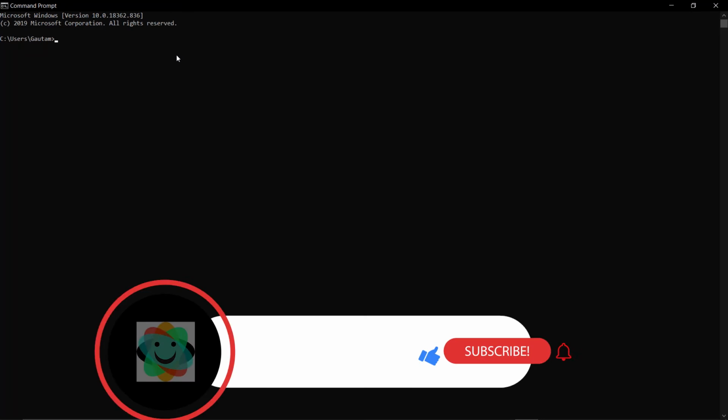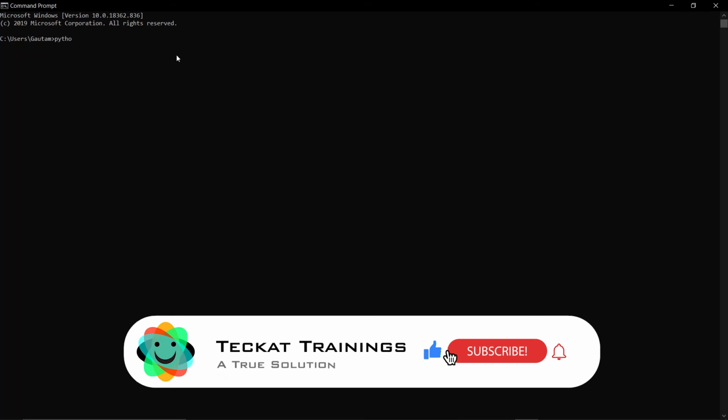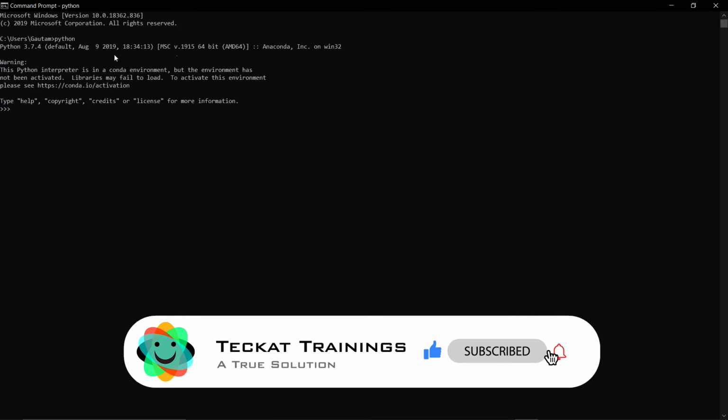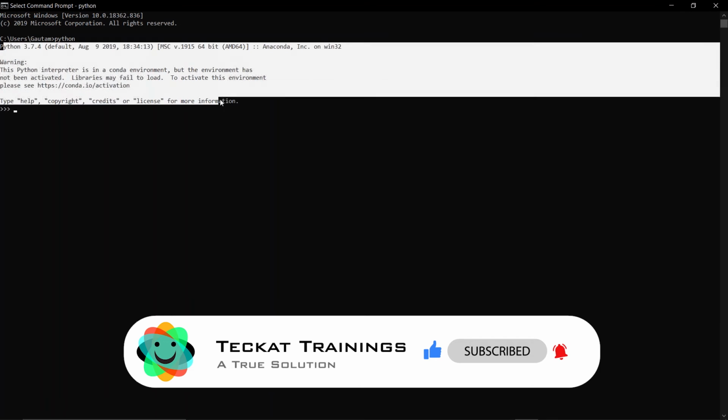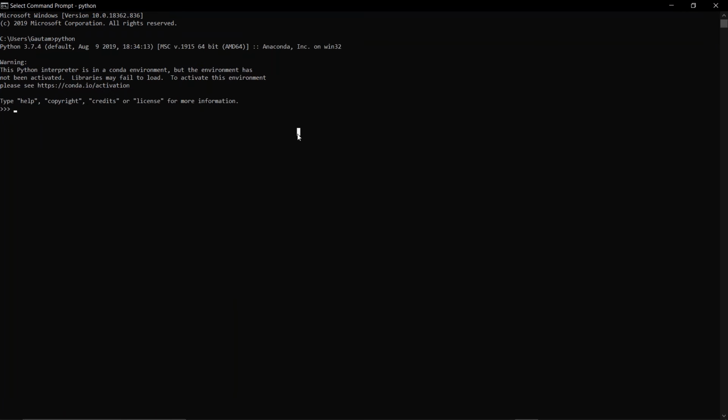After you install, you will write Python in the CMD to check if Python has been installed properly. I had installed it previously, so I'm getting this output. But you will not get this output until you set your environment variable.